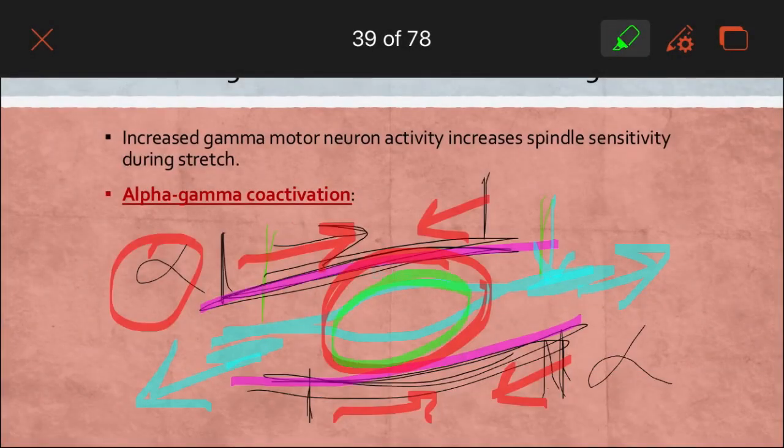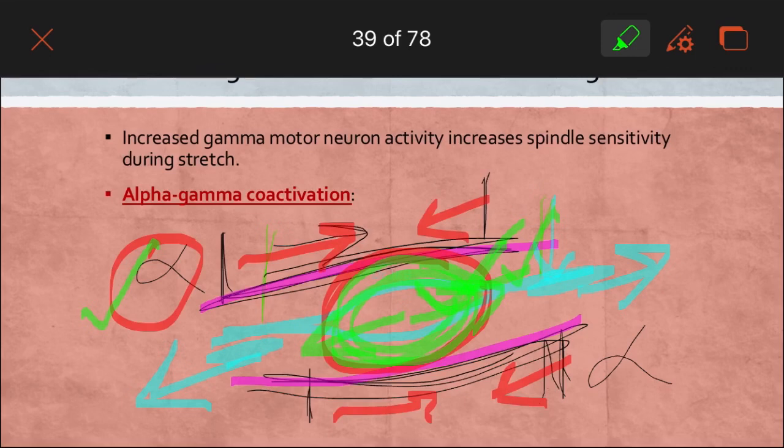It will be stretched outward. So, there will be increased activity. So, alpha motor activity relaxes the muscle spindle, but gamma motor activity stretches out the muscle spindle, okay. So, if the entire muscle is stretched,